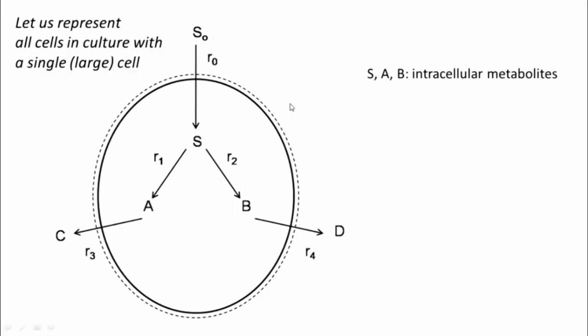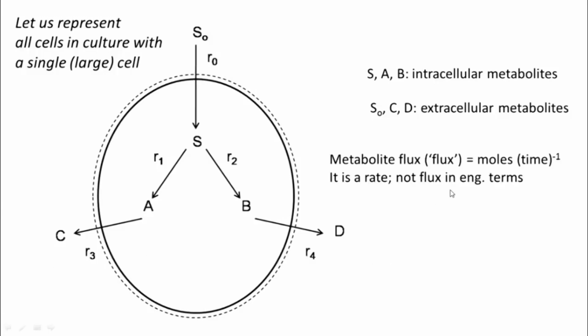It's good to note that S, A, B are inside the cell and therefore are intracellular metabolites, whereas S0, C and D are extracellular metabolites. And metabolite flux is a common term that is used. The term flux is very different from the engineering term flux. The engineering term flux is amount transferred per unit area perpendicular to the direction of transfer per unit time. That's a flux, right? In the case of metabolic flux, historically moles per time, or in other words a rate